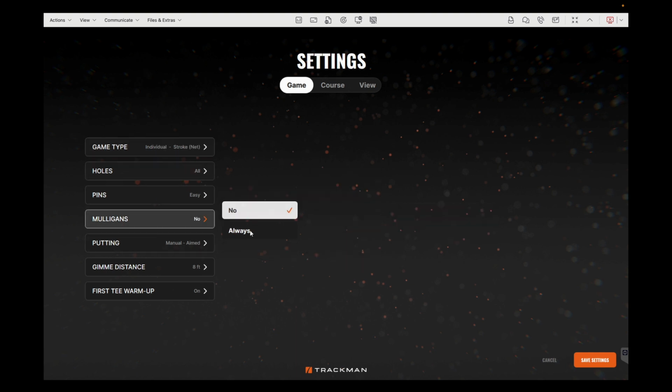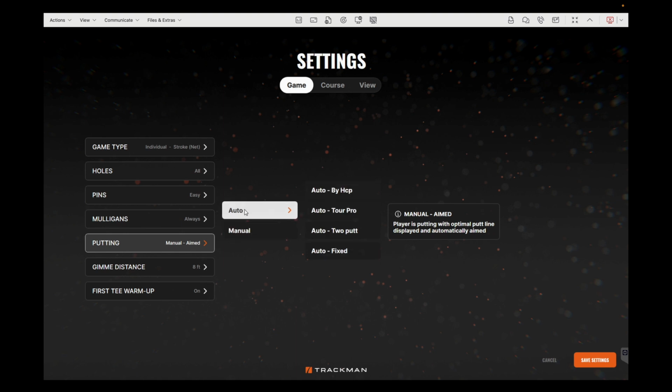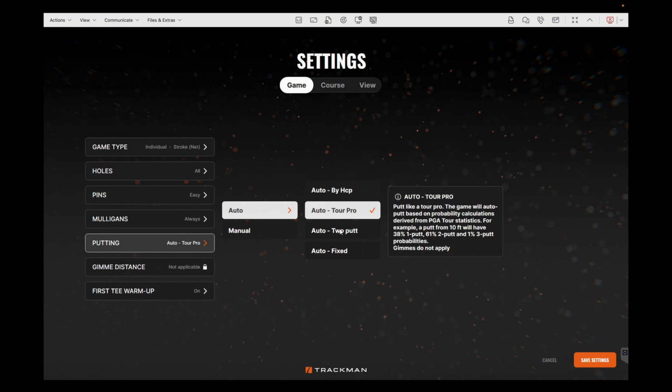The thing most people like to change is, they can change whatever they like in here, but mulligans, people like to turn those on, and then putting. There's two different ways. If you don't want to putt at all, if you just want the system to automatically do it, you can do auto putting. If you click through these, they'll tell you